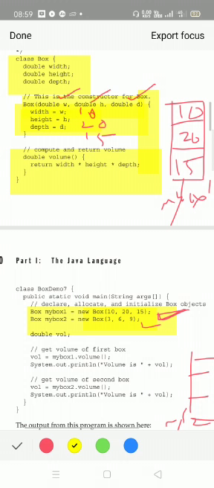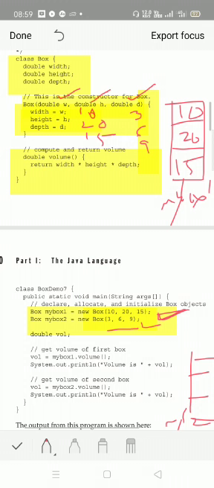Right? In place of w you are passing 3, in place of h you are passing 6, and in place of d you are passing 9, isn't it? So with respect to object 2, the first value received, I will write, okay, concentrate, 3. Then in place of h we are receiving 6, and in place of d we are receiving 9, right?